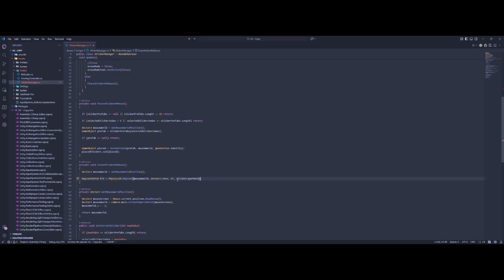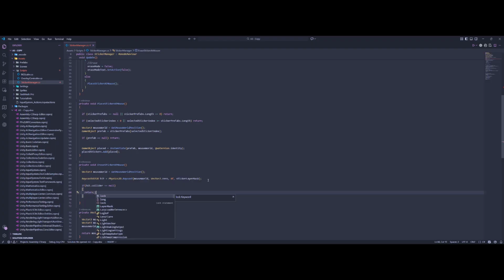Sticker layer mask. So next we've got to check this hit result. When the Physics2D does its raycast, if it hits something, it's going to set this hit result to true. So we can check if we've hit something because of this hit result. It has a bunch of stuff in it, but one of those things is whether we've actually hit something or not. And we can see that by checking if the hit.collider